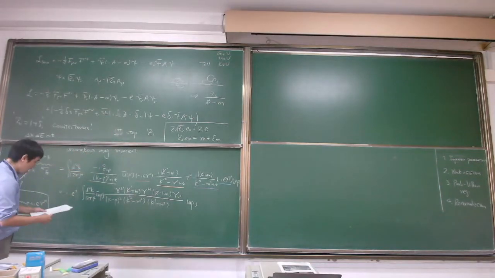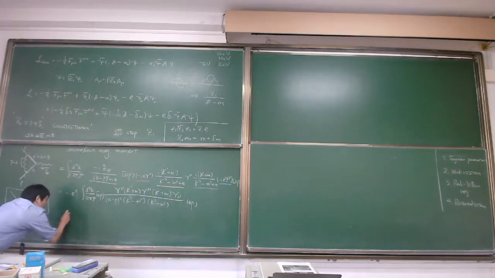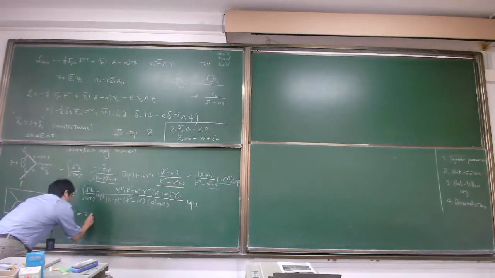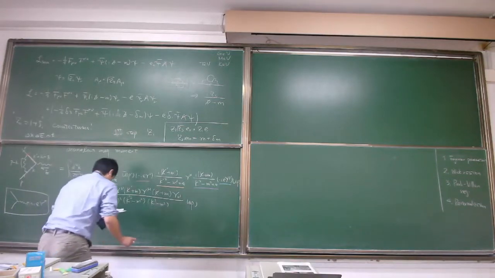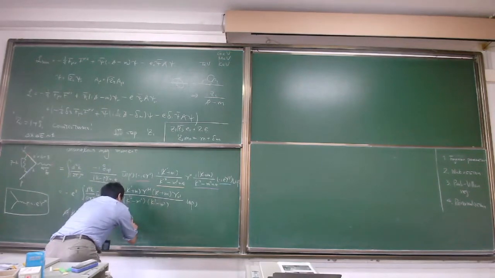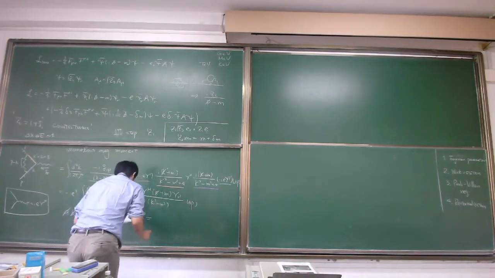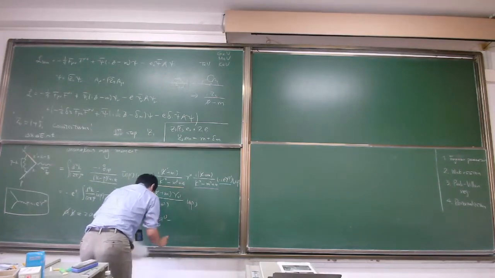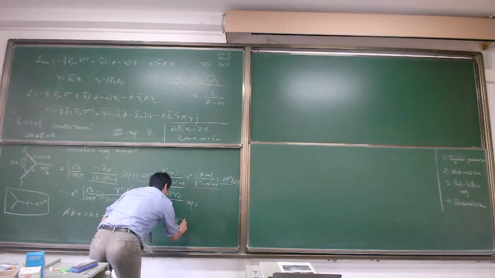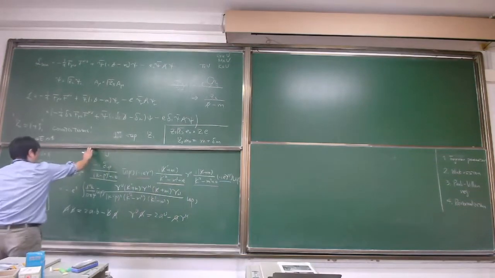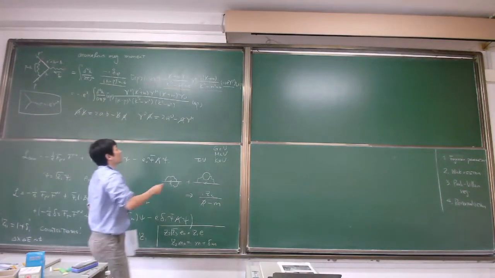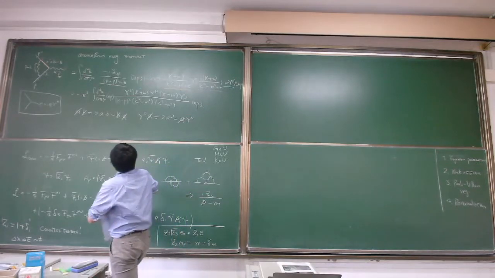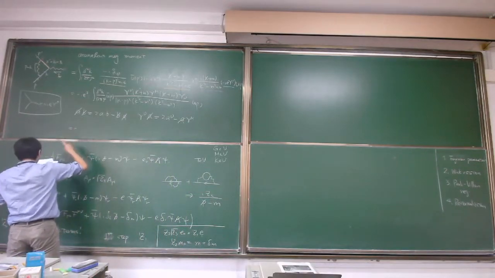So now we use the following trick. We know already, I mean, A slash B slash, just Clifford algebra. You just use Clifford algebra, A slash B slash minus B slash A slash, and also gamma nu A slash is equal to 2A nu minus A slash gamma nu. So you have to use this kind of identity, and also we need to use lots of tricks. Let's see. Then at the end of the day, what we have is just